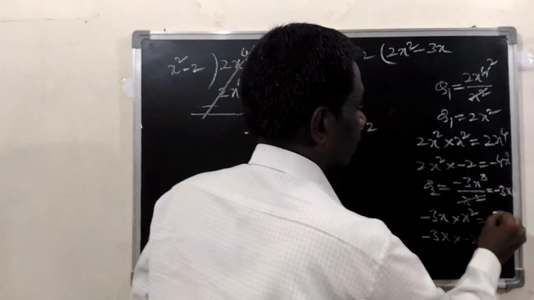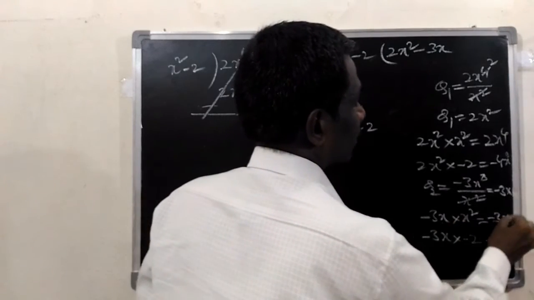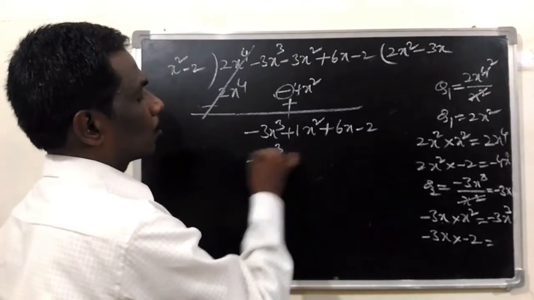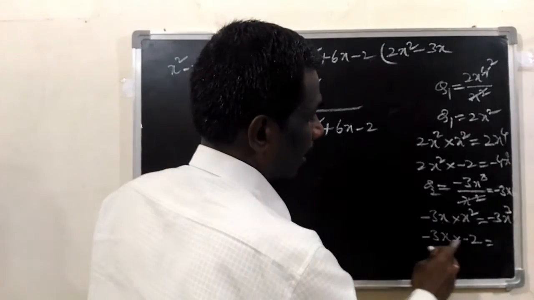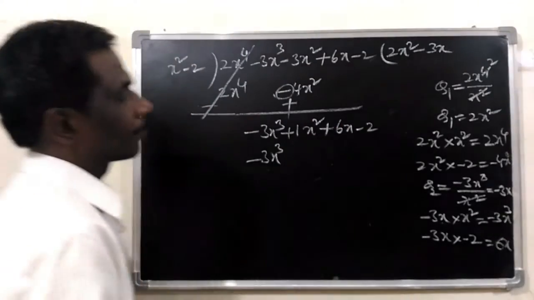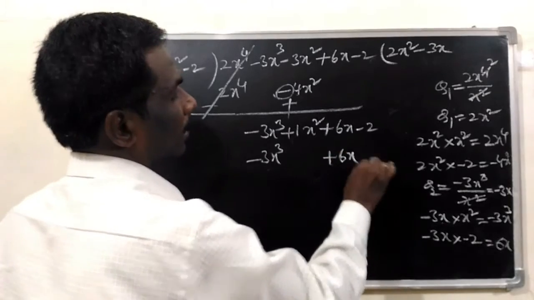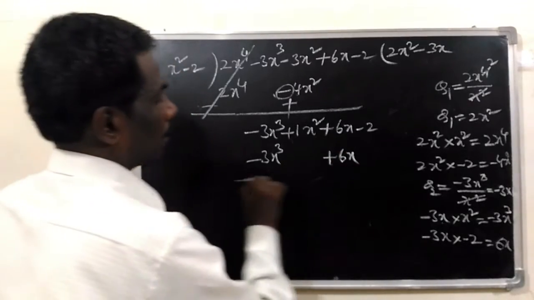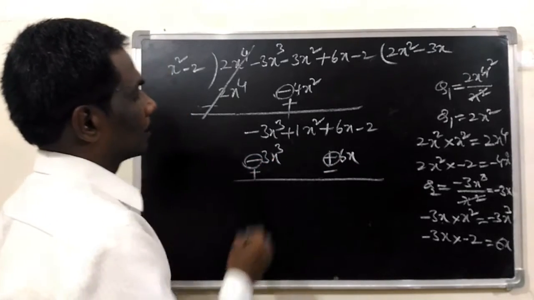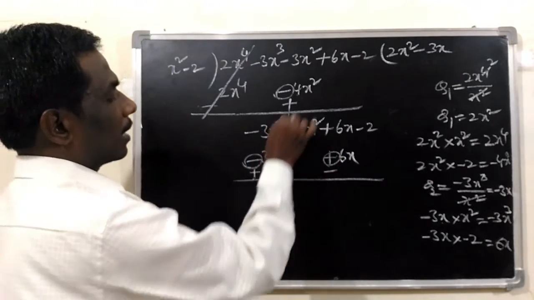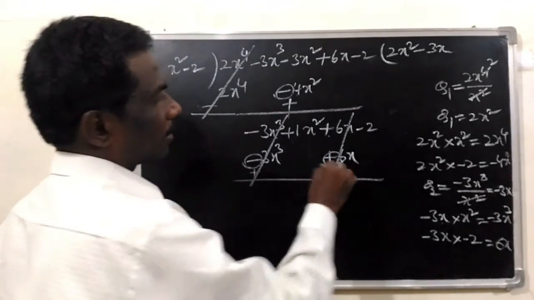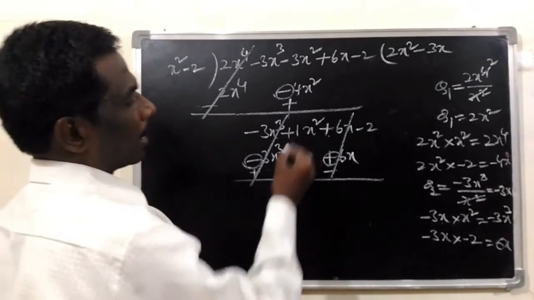Minus 3x into x square is minus x cube, minus 3x cube. Next, minus into minus is plus, 3 times 2 is 6x, plus 6x. Change the symbols. Minus 3x cube plus 3x cube gets cancelled, plus 6x minus 6x gets cancelled. So what remains here is